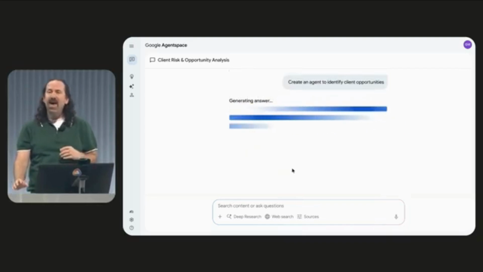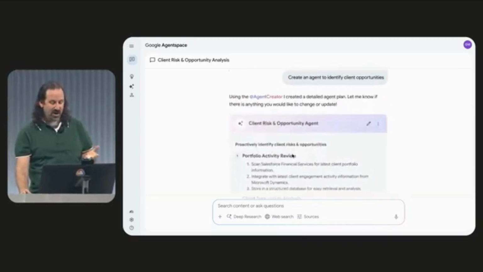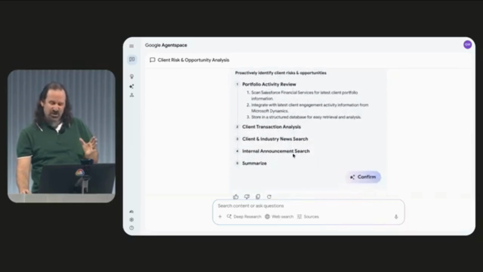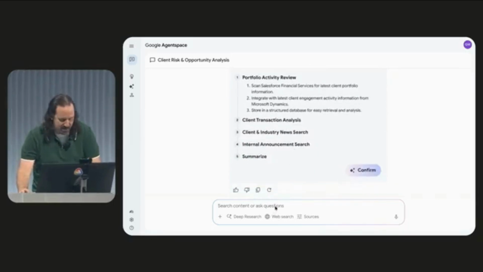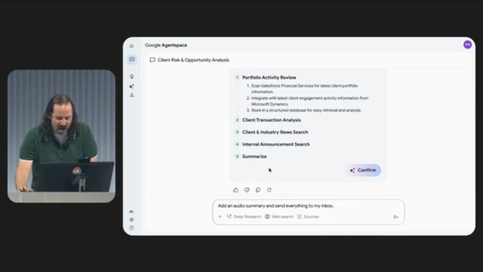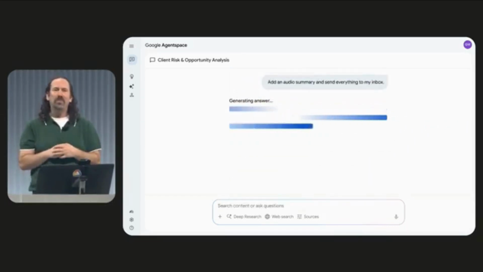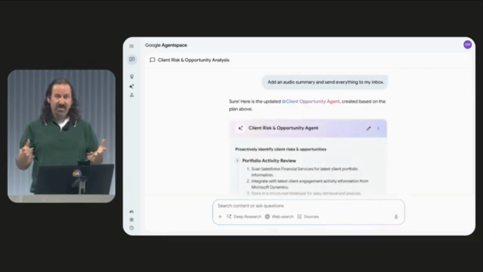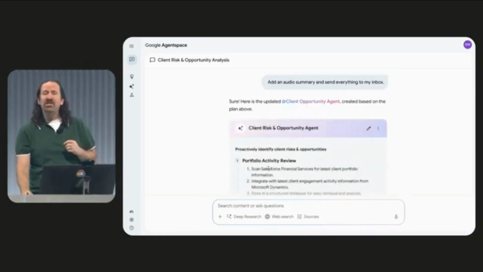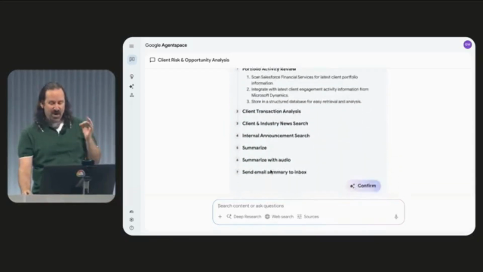Agent Space automatically generates an agent plan based on our conversation so far. And this is good, but I think I want more. I'm going to have it generate an audio summary and send it to my inbox so I can listen to it on my morning commute. And just like that, I have built my own custom agent to use whenever I want without writing a single